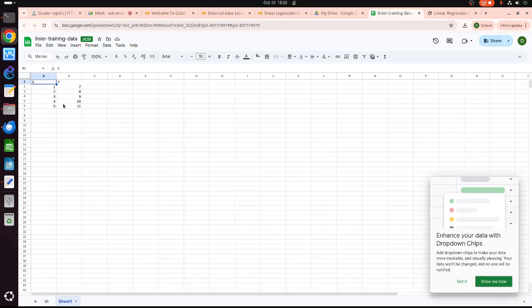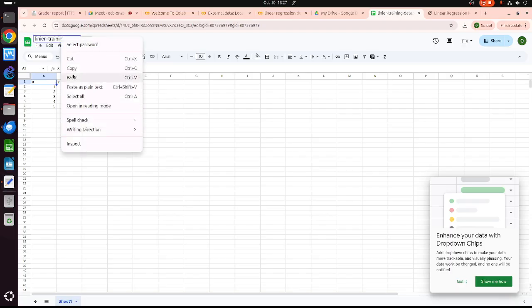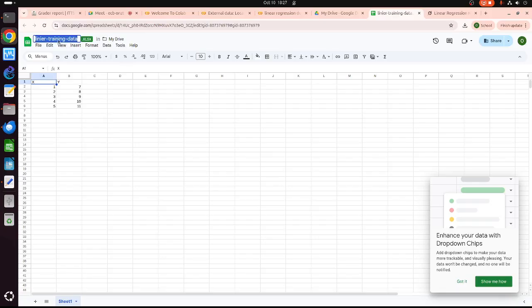Basically I will have the linear line model as well as the scatter plot of these things, and then see if the line and the scatter plot fit together. Okay, so I will change to the linear training data, select this one.